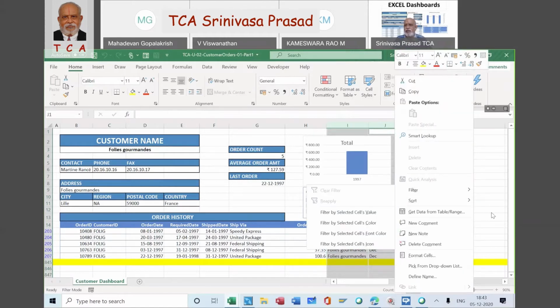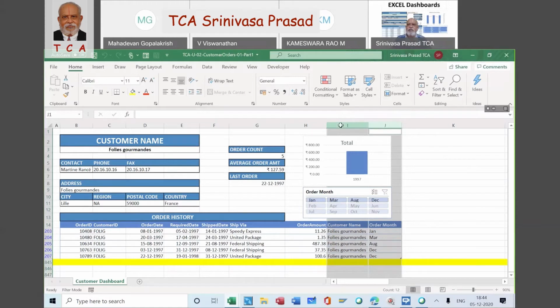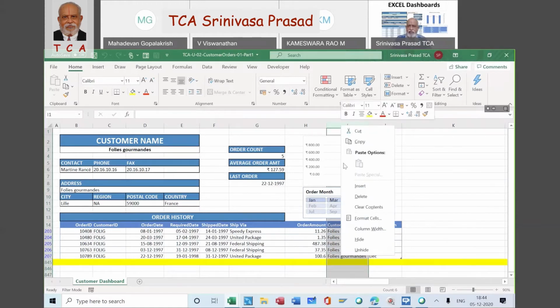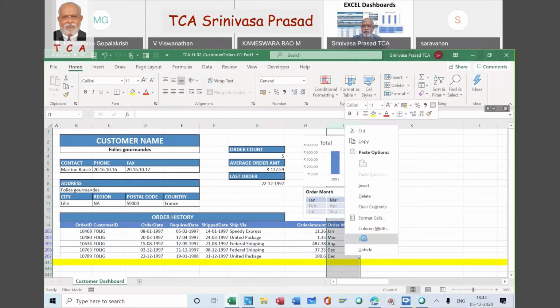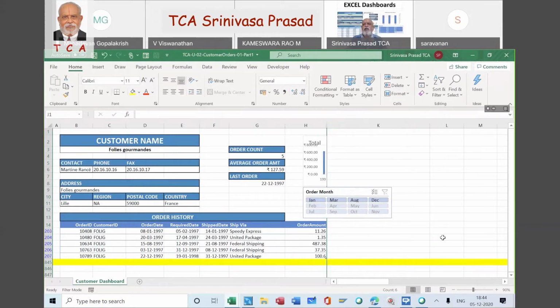Let us see one by one. I will hide this column, and then I will hide this column. What happened now? Can somebody tell me? The graph has gone. Unfortunately it has vanished, so this is not acceptable.